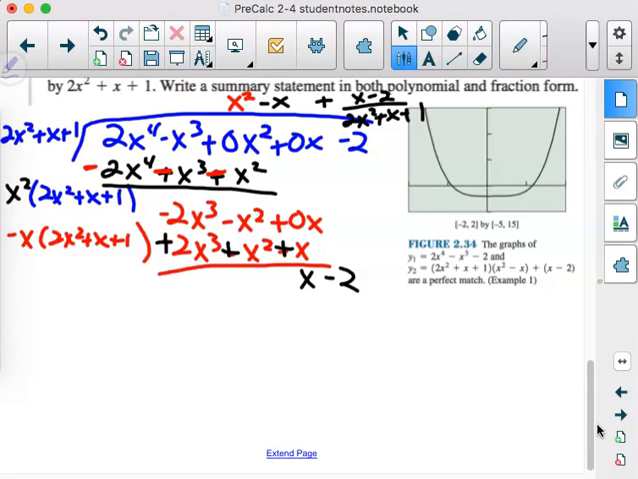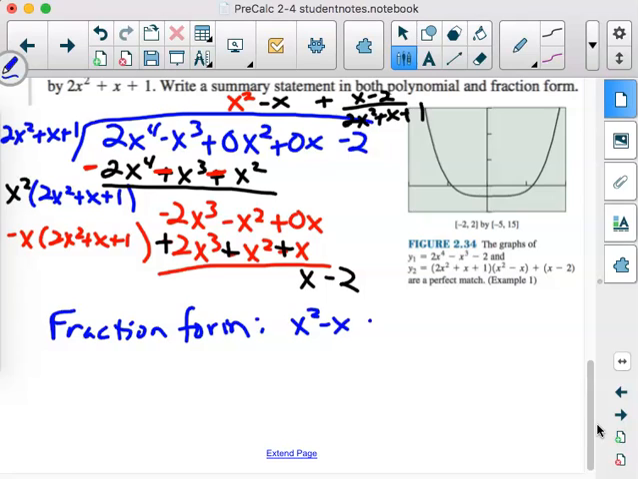And normally, I probably wouldn't even write down fraction form, I'd just write down the answer, but I want you to see the difference between our fraction form and then our polynomial form. So our fraction form is what we just found right there. X squared minus x plus the quantity x minus 2 over the quantity 2x squared plus x plus 1. But in polynomial form,